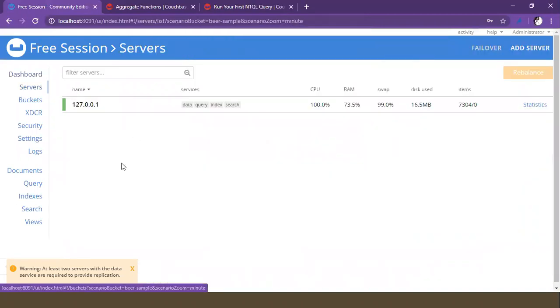It should show only one. So that is localhost, and this rebalance will be enabled if you have multiple servers. Rebalancing the cluster nodes, Docker, Kubernetes, all those things are in some operations topics that you can go through.